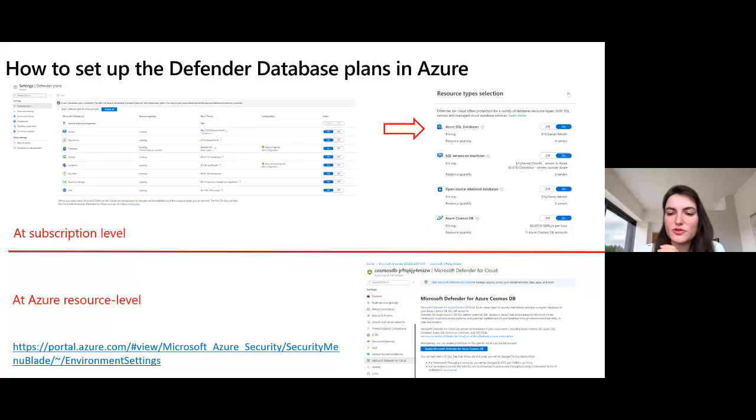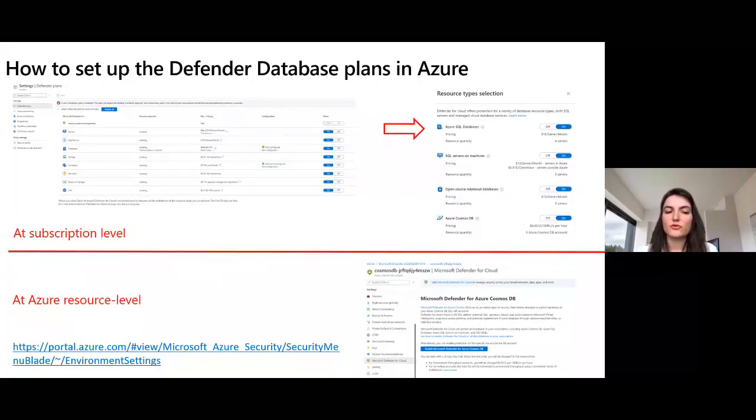Once you find your subscription, you are able to find the databases, and you can select which types of databases you have in your environment that you want to protect. So that is the recommended way. The other way is that you can alternatively